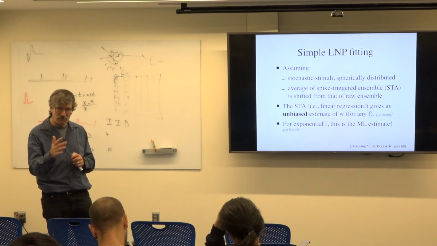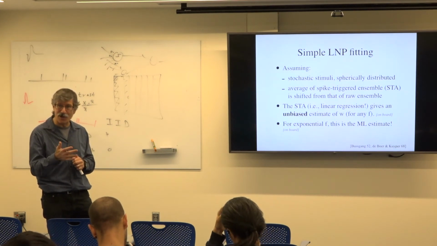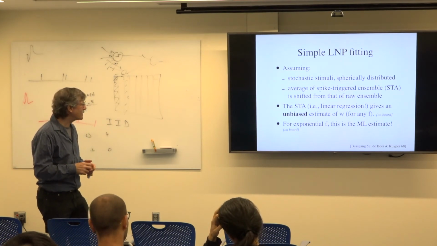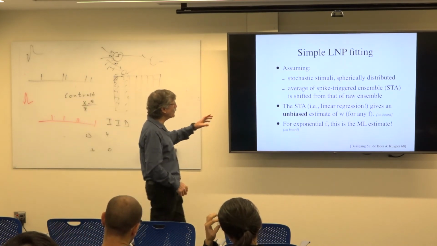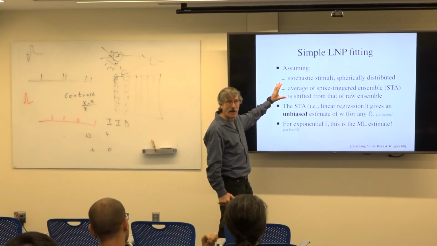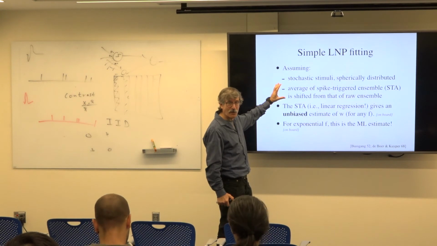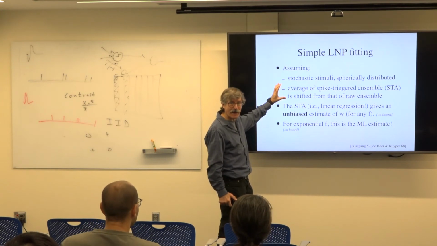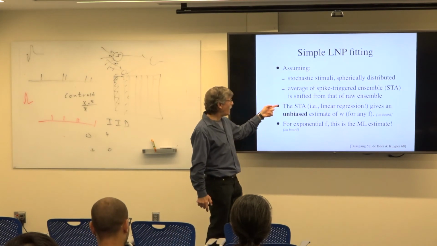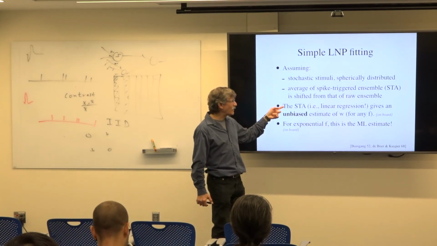You're the experimenter, so you get to determine what your stimulus is. So you get to determine your stimulus statistics. And so what I'm going to do is take where the spikes are, take the stimulus back behind when the spikes are, like I showed you a moment ago, and average those little 6x8 rectangles. And I can show you that that's a good idea, because it turns out that the spike triggered average